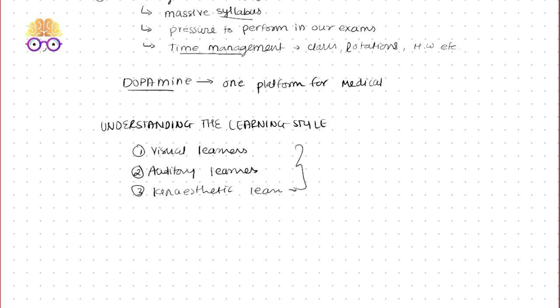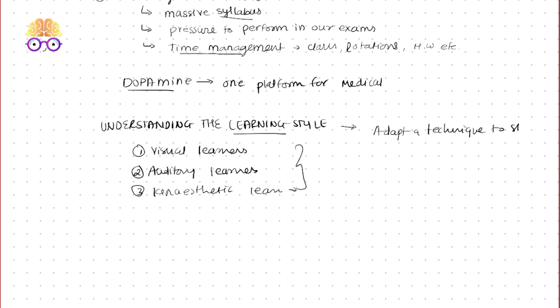So you have to figure out what type of learner you are, and it will help you decide how you need to study. After understanding what a learning style is, we need to check which type of learner I am and the learning style that I prefer. And after that, you have to adapt a technique